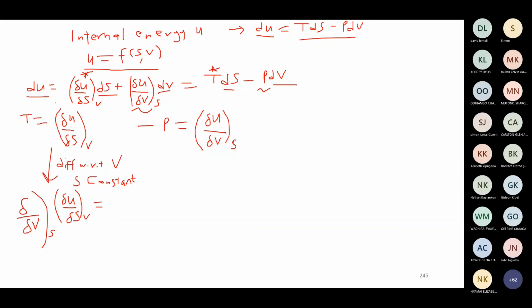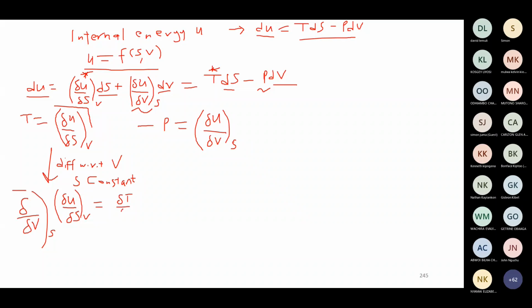Just remember here we are differentiating this part here with respect to v with s constant. So this is what this expression means here. So here, this is going to be equal to